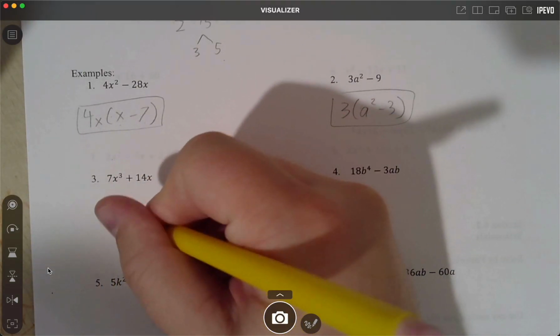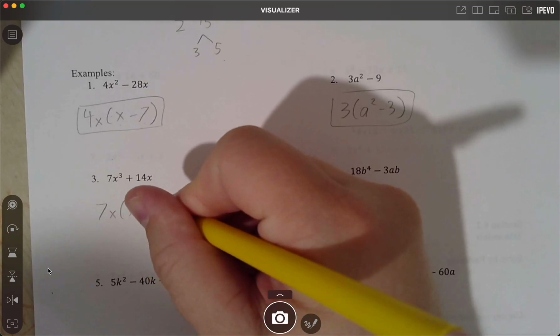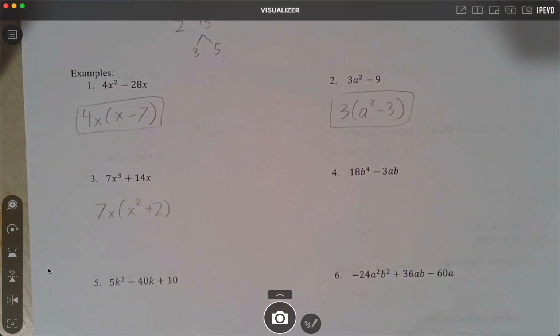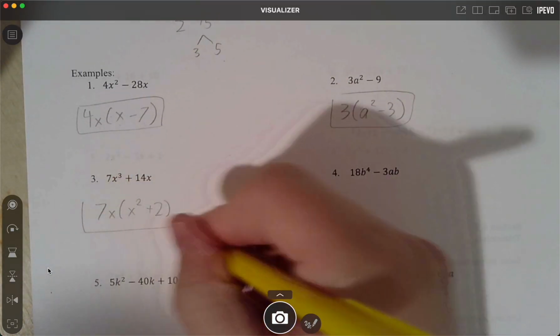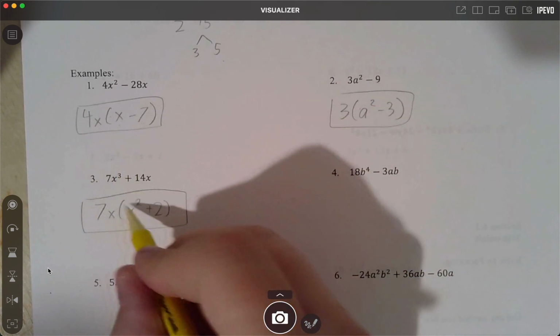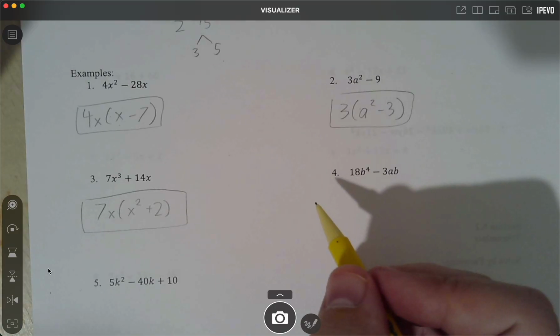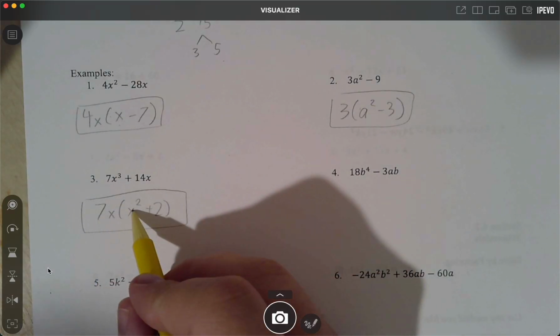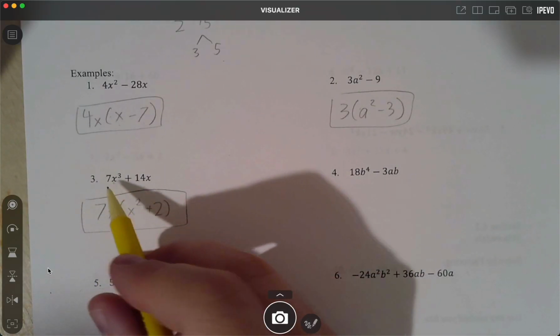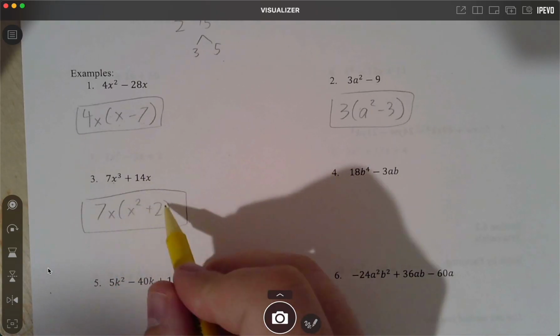So we're left with x squared plus 2. Your best bet also, just to say, is how do I know I did it right? Redistribute it. Hopefully foiling and redistributing is really easy mentally. So 7x times x squared is 7x cubed, check. 7x times 2 is